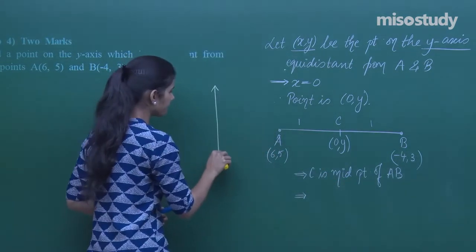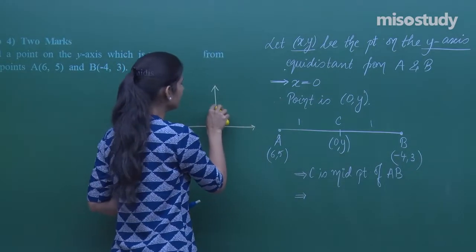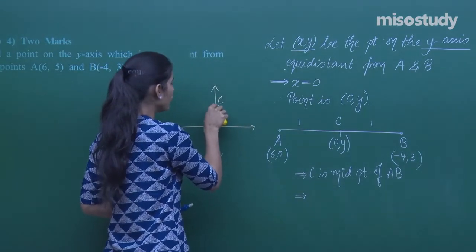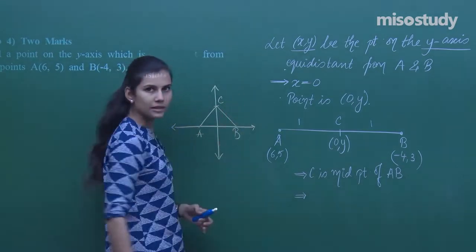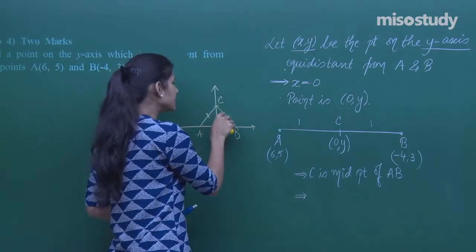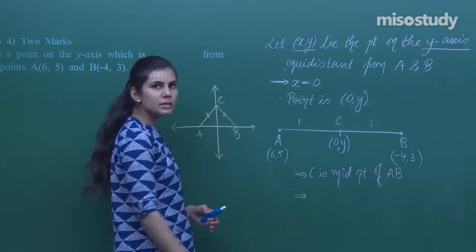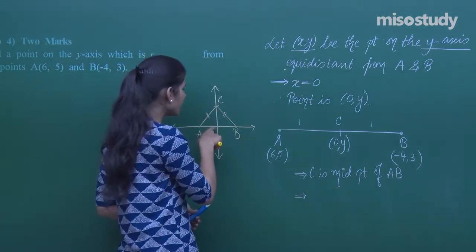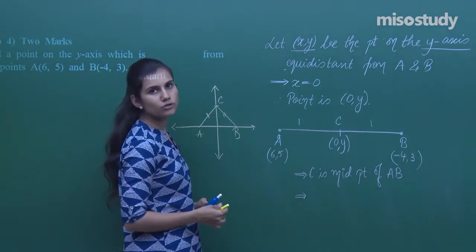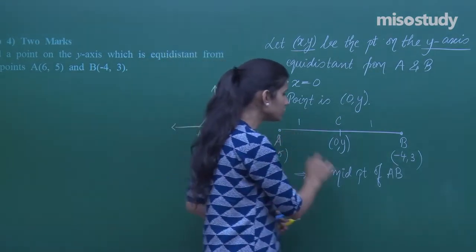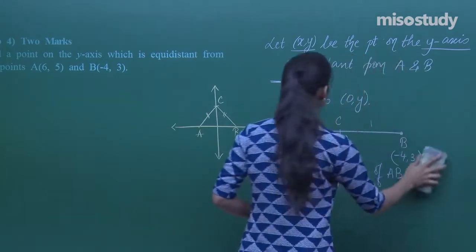Because it can happen that this is some point C which is equidistant from these 2 points, say A and B, for example. So if it is equidistant, it doesn't mean I can over here use the midpoint formula, because C is not lying on the line segment AB first of all. So how can I even talk about using the section formula? So we don't use the section formula over here. Rather than that,